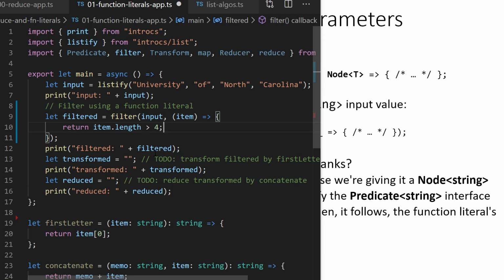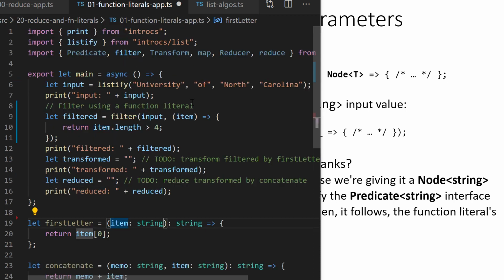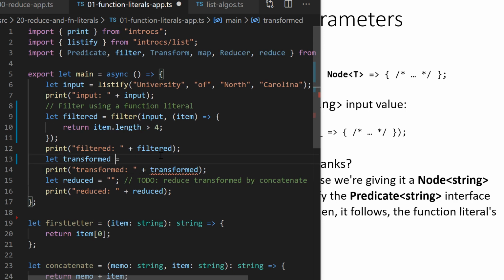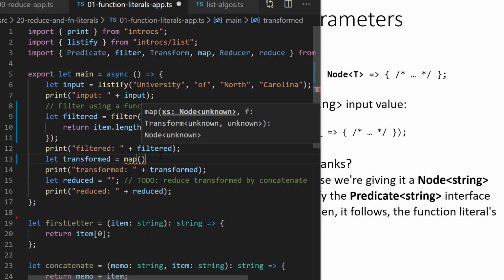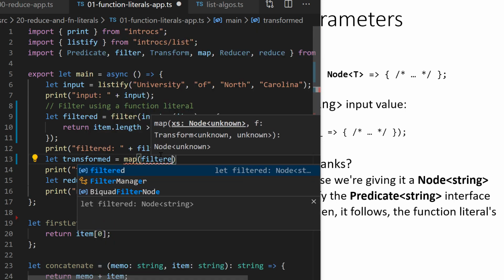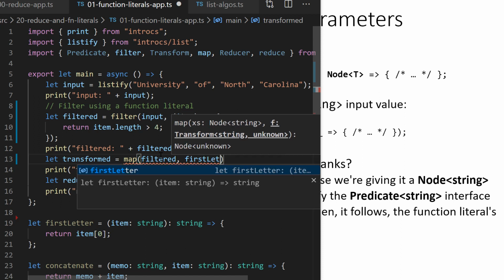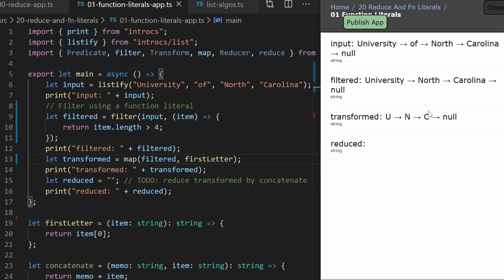So let's try doing the same thing for a transform. So notice this transform function is just going to transform the first letter. So if we were to continue forward that process, we could imagine, okay, we're going to transform using the map function. So we're going to map our filtered list, and the transform function is going to be first letter, right? So we're going to map using the first letter,